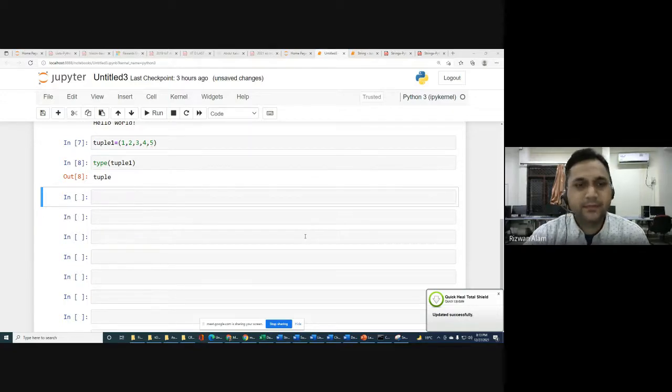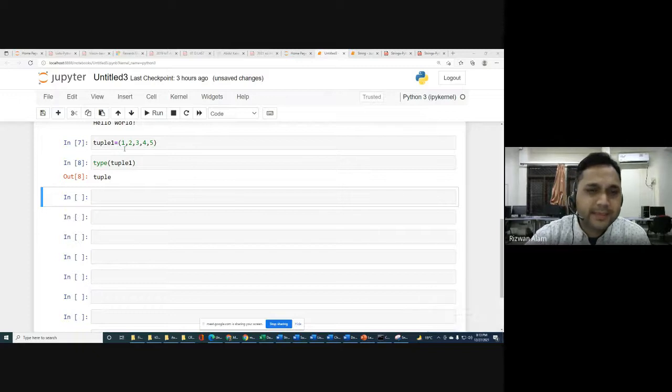So that was about tuple. Now if you want to access a particular element of this tuple, for example the first element, then you will simply write